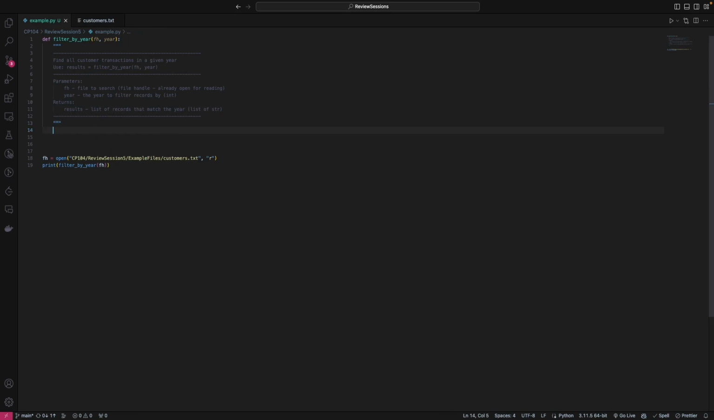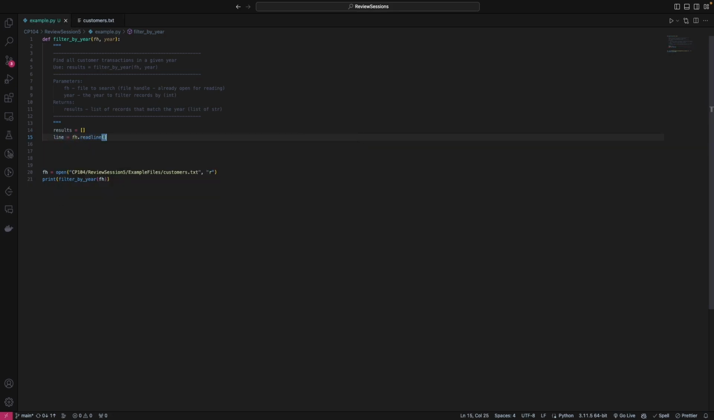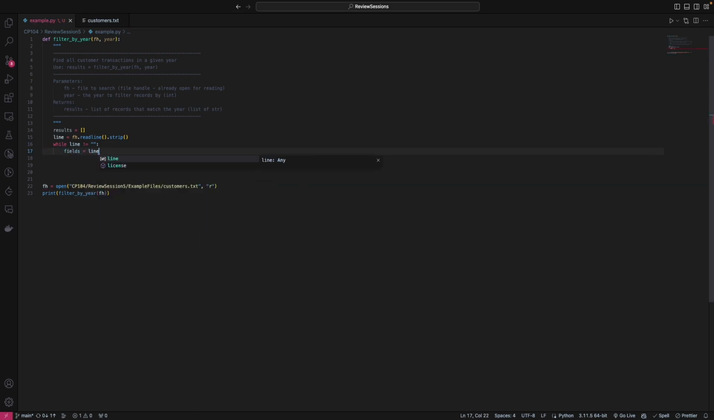So let's get started. The start is very simple and similar to before. The only thing that's really different is that we have to initialize an empty list instead of an empty string, because we want to be adding records onto this list. And for every record that we find in a given year, we want to add to this. So line is again equal to fh.readline.strip, and then while line does not equal an empty string, then we can say fields again is equal to line.split